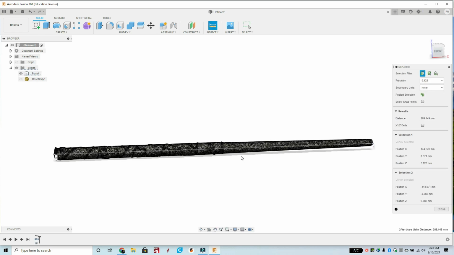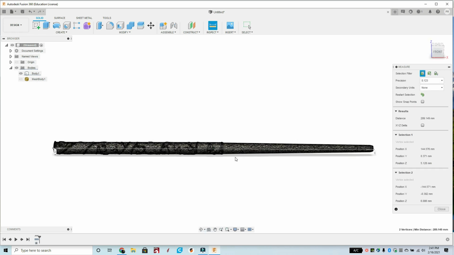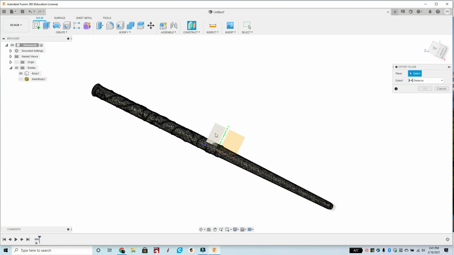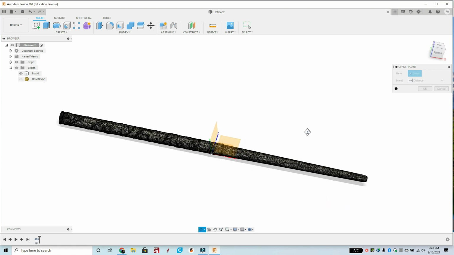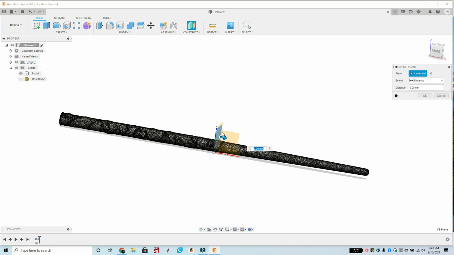in order to get this thing perfect. So now that I have my measurement, I am going to hit construct offset plane. Now this automatically comes up with this guy. It's the same thing as origin. So if you don't see this, you can always click right here, the eye on the origin, and it'll pop up. And then what I'm going to do is, I know this is directly in the center, so I'm just going to click this guy, and I am going to